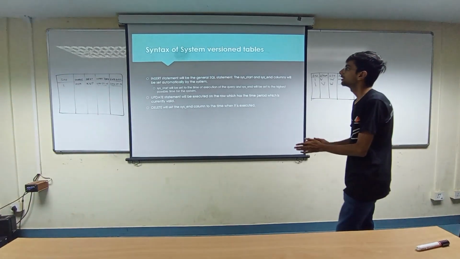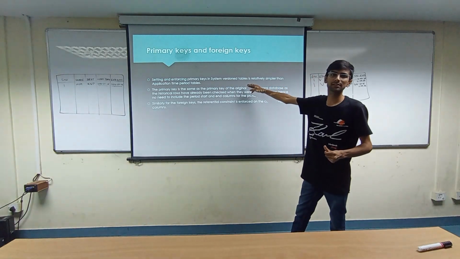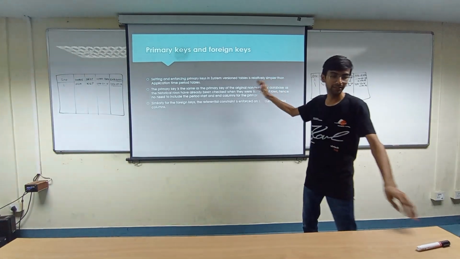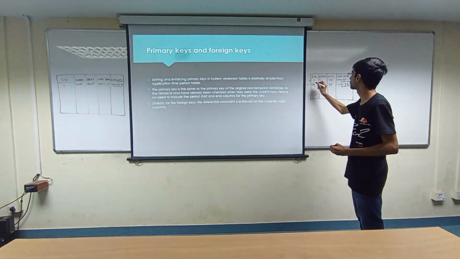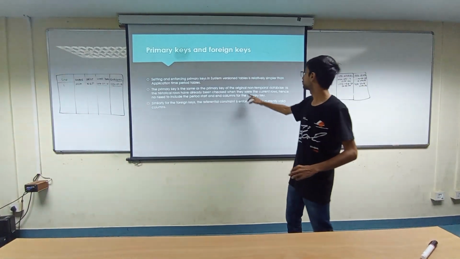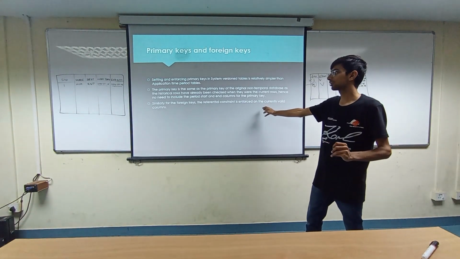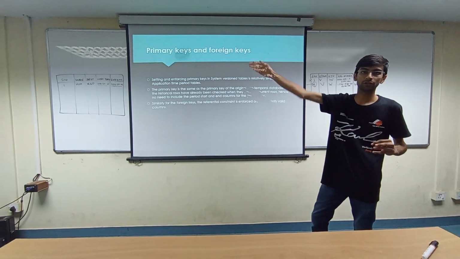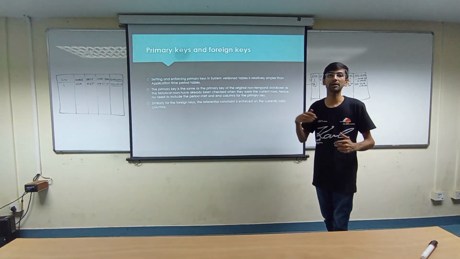version tables work. Now let's have a look at the primary and foreign keys. Setting up these keys and enforcing the constraints is relatively simple, as we can see, because the update and all the commands will be executed on the column which is currently valid and not on the earlier column. Hence I always have a unique transaction number for the transactions. So it will be pretty straightforward. Also the foreign keys, the referential constraints are implemented on the valid columns only. As we knew in the application time period tables, we had to ensure that, here we don't need to ensure because it will be by default maintained by the system.